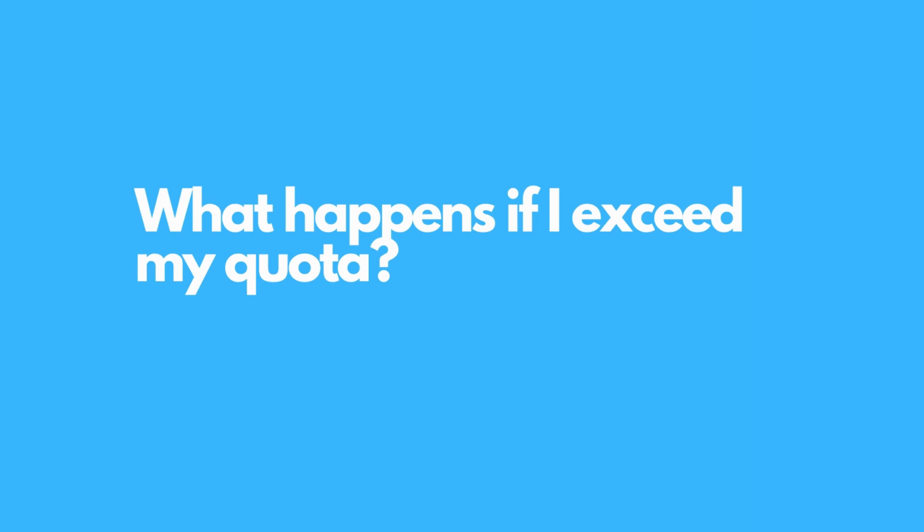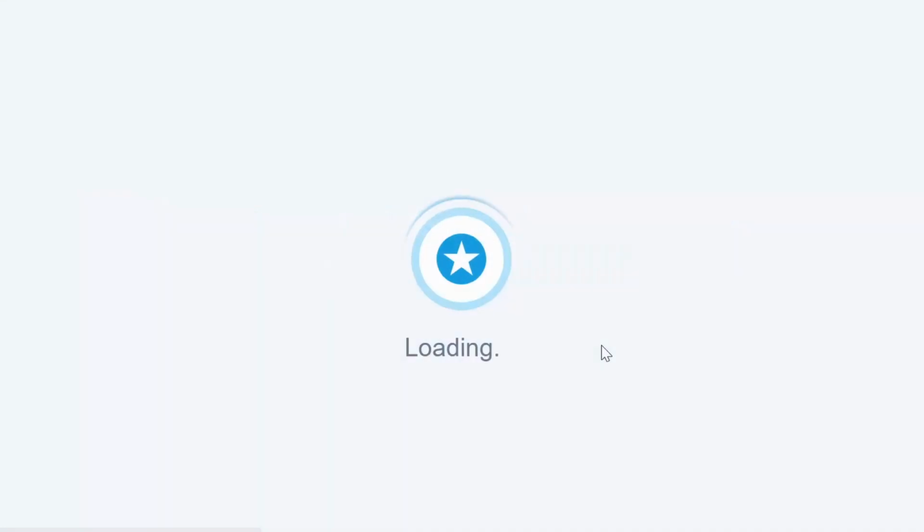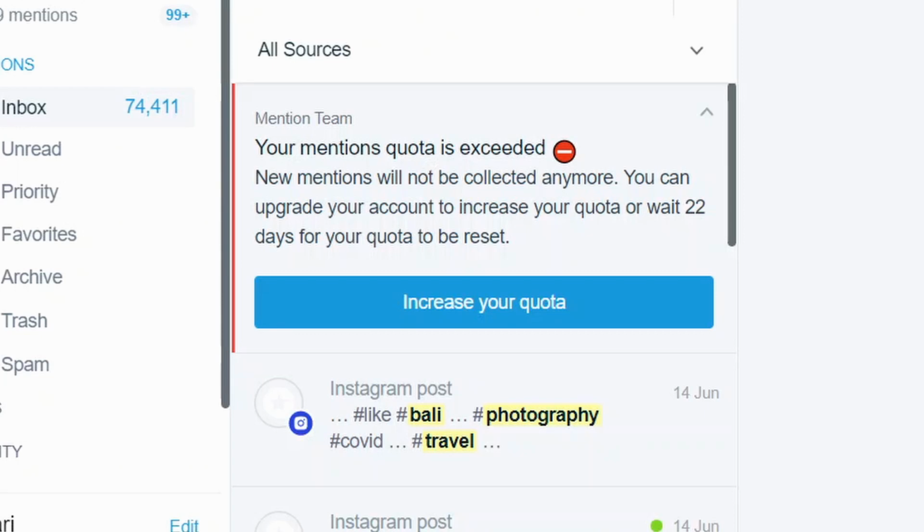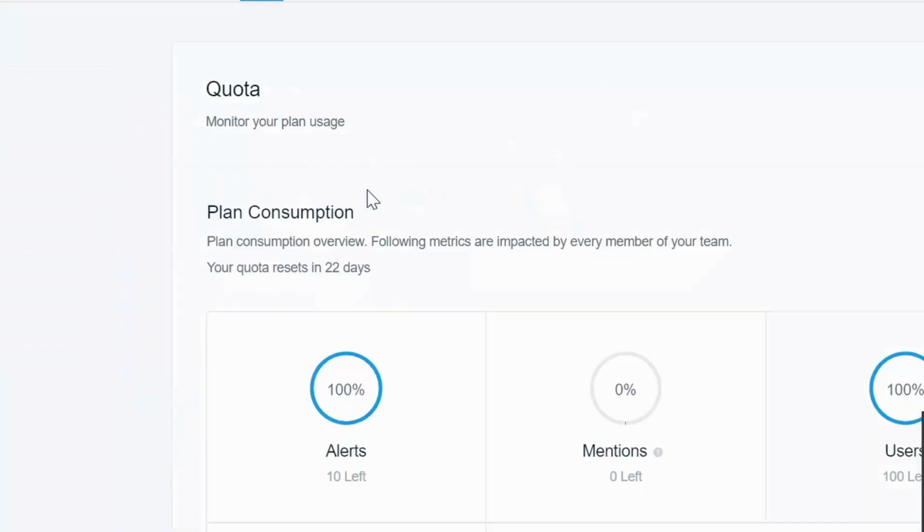Sometimes the alerts that you have created may bring in more data than expected. If your Mention account passes the quota limit provided in your contract, you will receive a message to notify you that quota has been exceeded. When your quota has been exceeded, Mention will stop fetching new mentions until the quota renews after its 30-day quota